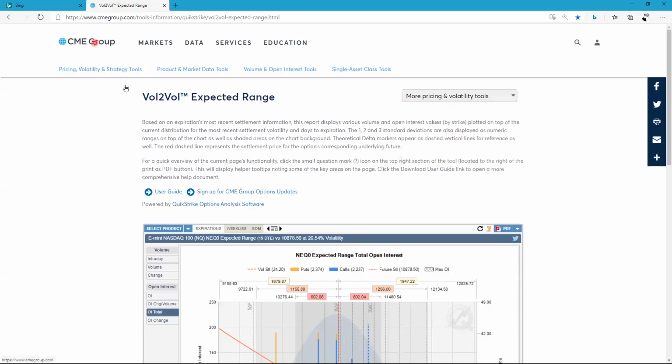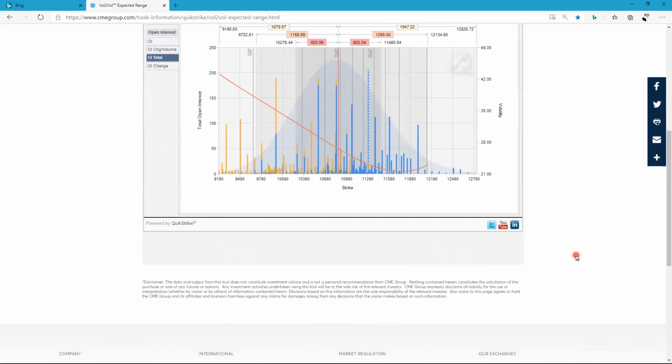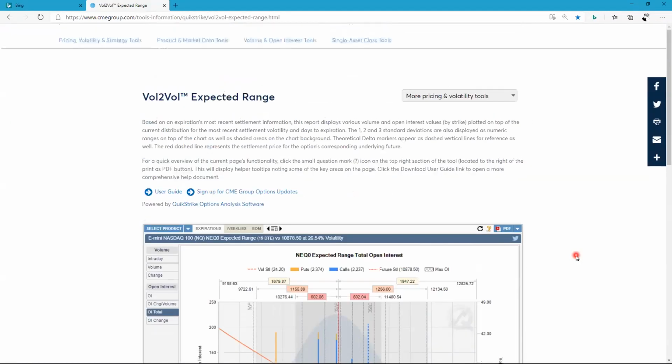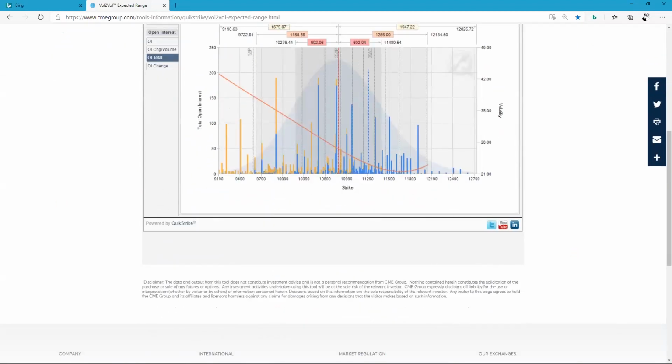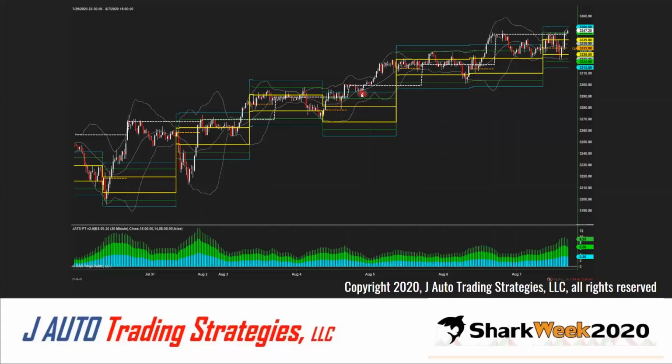So definitely check it out. It's CME Group. It's available for us, and it is at no cost. You can even get your option chains on here. So definitely something worth checking out, using it in conjunction with your levels that you're interested in for that trading session. And as far as fading in a low volatility environment, if you can hit one of those levels, bringing it back in, even better.